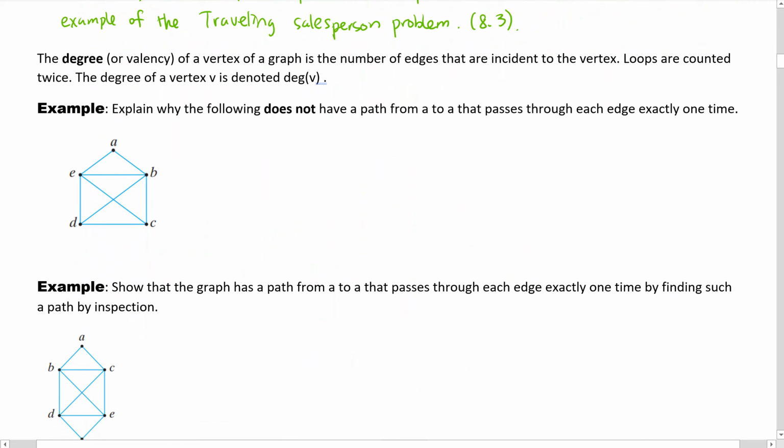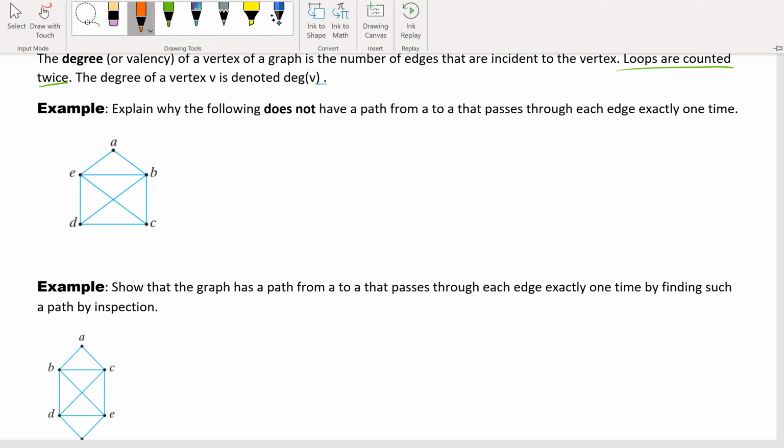The degree or valency of a vertex of a graph is the number of edges that are incident to the vertex. Loops are counted twice. This is so important. The degree of a vertex V is denoted by deg(V). So for example,